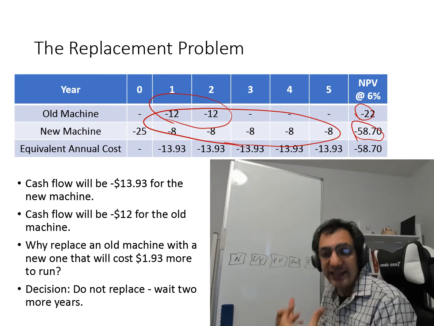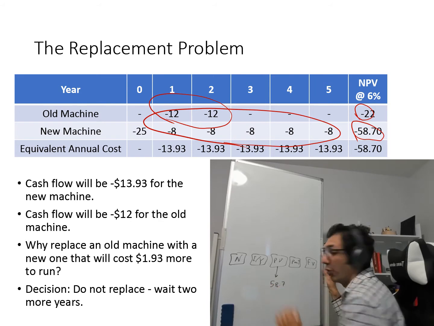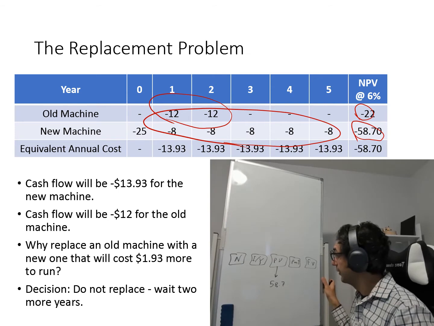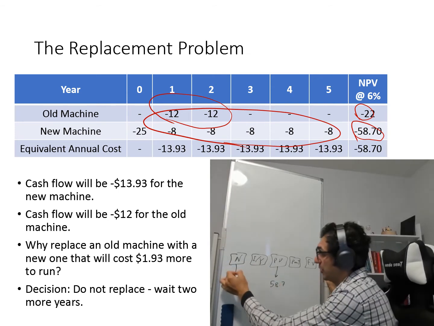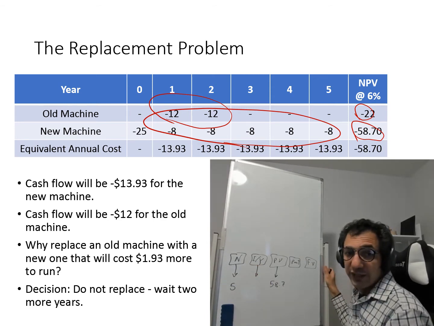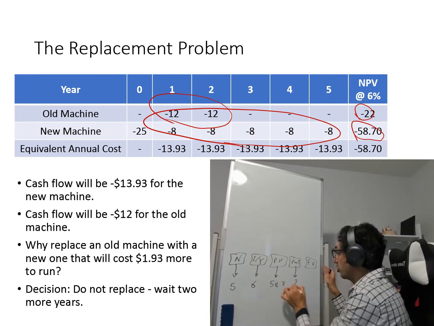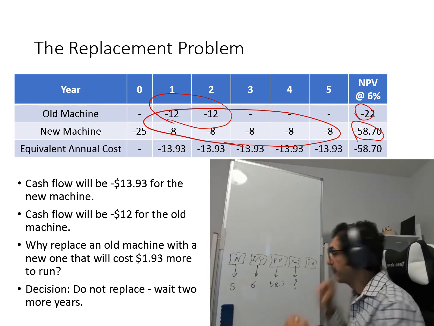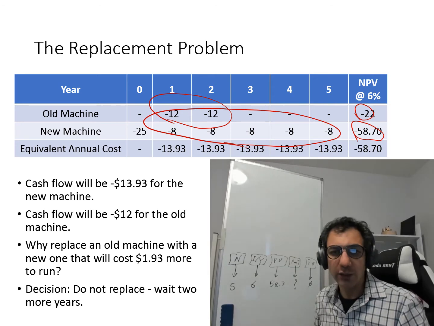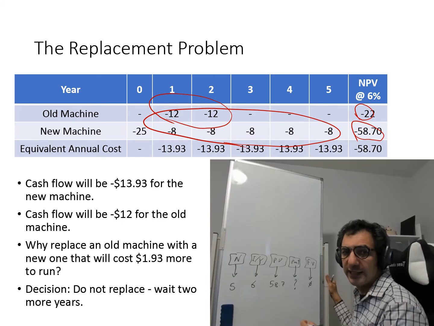So you are generating the same present value, which means the present value should be 58.7 here. So you want just to have the same present value. And for sure, this is about a 5-year machine, so N is 5. The appropriate discount rate here is 6%. The question is given. Your goal here is to generate the equivalent payment, and the future value should be 0. So if you hit these numbers in your calculator, you will see the equivalent payment or the equivalent annual cost in this case is